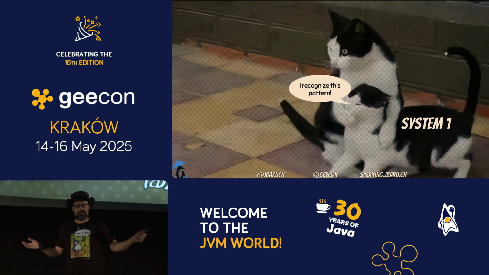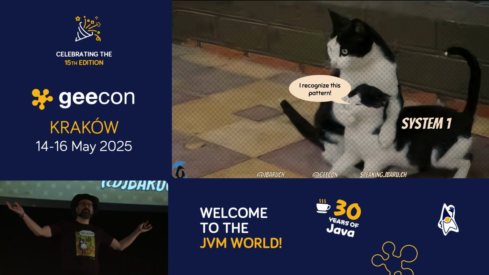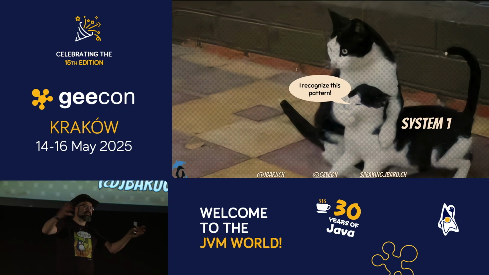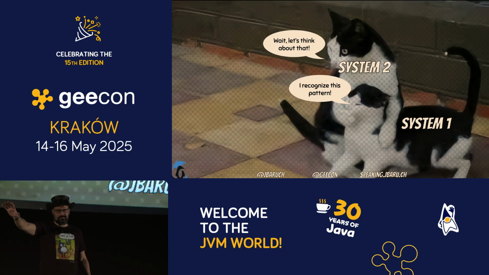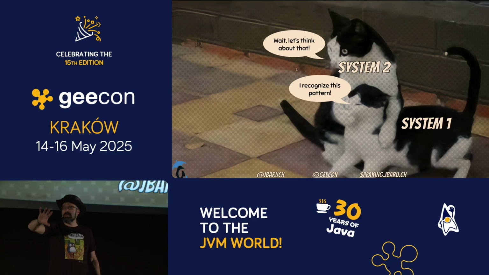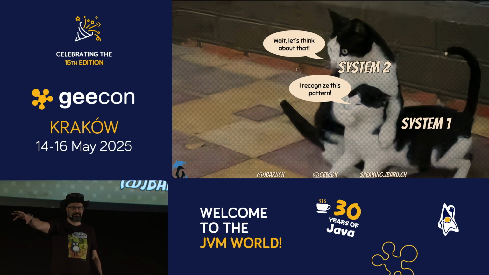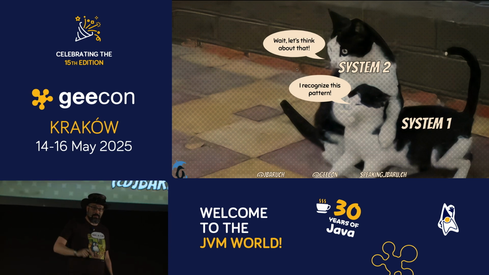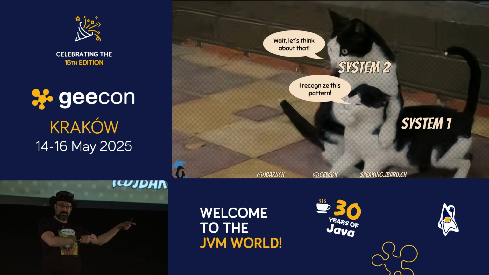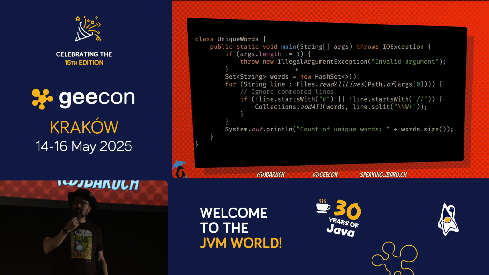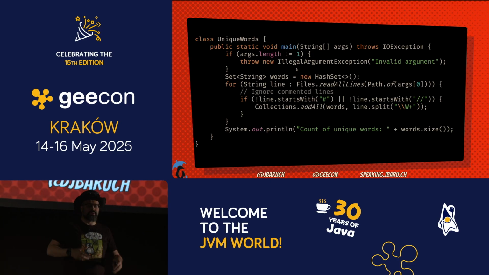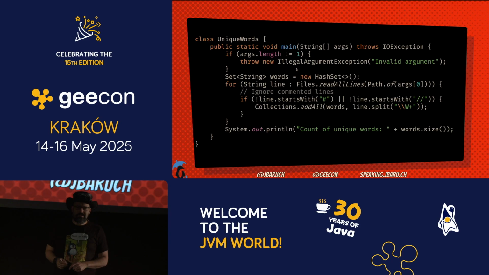It goes like this. System 1 goes like, oh, I recognize the pattern. There is $1.10, so it's 10 cents. I know the answer, I know the answer. And System 2 will be, wait a second. Let's think about it. Maybe it's a trap. If it's a Baruch talk, it's definitely a trap. By the way, knowing that if it's a Baruch talk, it's a trap, that's System 1. It's pattern recognition. All right, so let's do some more exercises that I'm sure you will ruin, but we will try. What's wrong with this code?